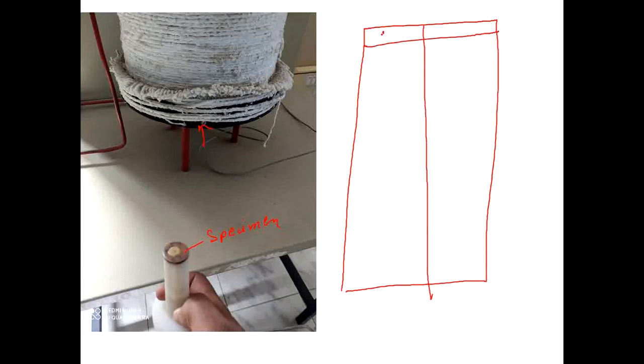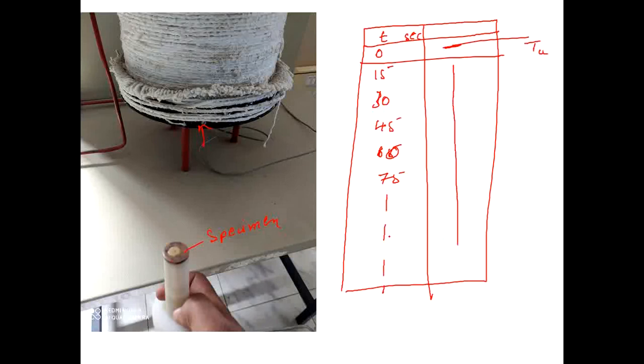For example, this is the time at 0 seconds, and then at that particular point when I insert this one, whatever temperature comes, I will take as the ambient temperature. Then the remaining thing is only to plot the graph where you will get dT by dt. This is the temperature, this is the dT.